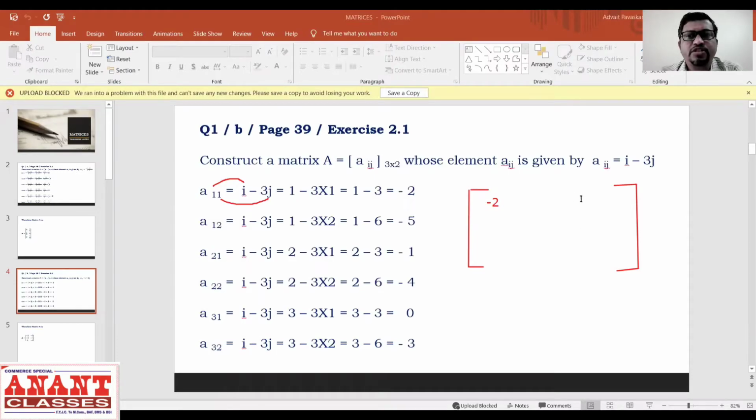सेकंड वैल्यू होगा यहाँ पर फर्स्ट रो सेकंड कॉलम, फर्स्ट रो सेकंड कॉलम से a_ij का वैल्यू होगा a12। यहाँ पर हमारा i का वैल्यू होगा 1 और j का वैल्यू होगा 2। सो 1 - 3 multiplied by 2, सॉरी 6। सो 1 - 6 दैट इज -5। यहाँ पर आपका आंसर आ गया -5। नाउ सेकंड रो फर्स्ट कॉलम, सेकंड रो फर्स्ट कॉलम।